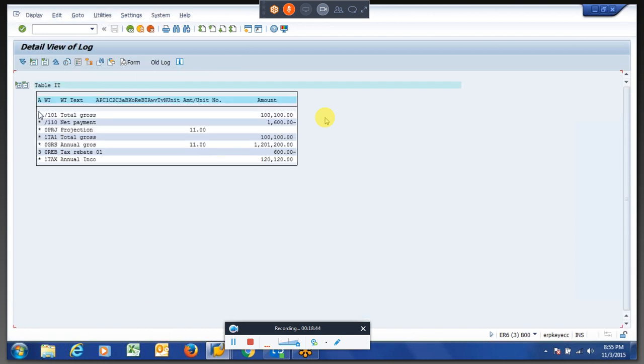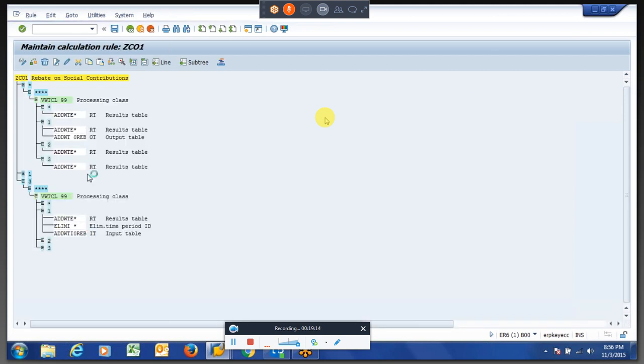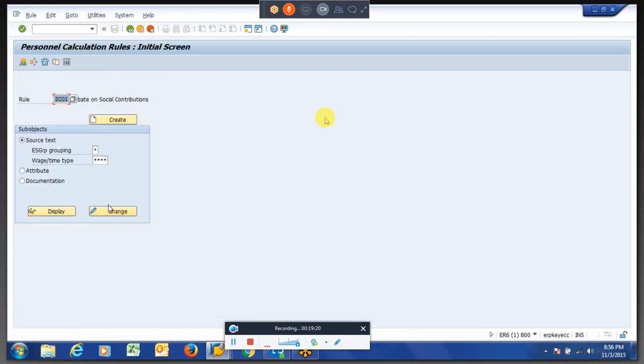In the IT table, all the things are 0, which we are taking, this value as well as this value. So this value should be subtracted from this value. So gross should be subtracted from the rebate. So this consists of 3 and this consists of star. So whenever you are writing a rule, definitely it won't work. So that is the reason I want to eliminate this A. Right? So I saved this, giving this star for the particular wage step, that is 0 REB.